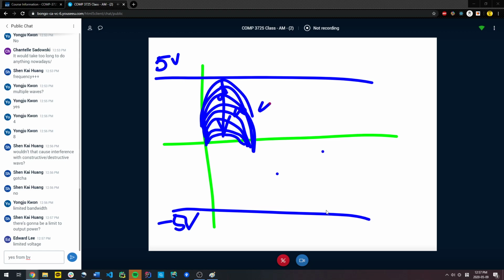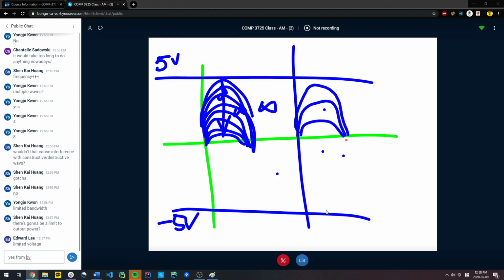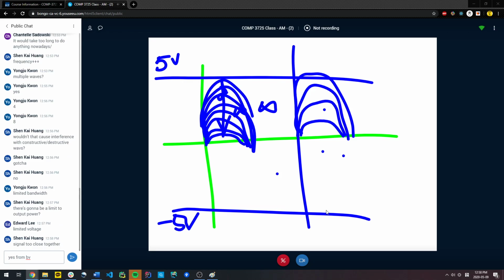But what is the issue if I have an infinite number of waves in there? Versus if I have a system, and I'm just drawing another sine wave here, I can have 1 wave here, 2 waves here, 3 waves here, and then 4 waves here. What is the difference? The error margin of the first one is way more than the second one? Exactly. Signals are too close to each other, which means at some point, even if you perfectly transmit at this level, you're not going to receive that because there's going to be some perturbation. So effectively that is why I cannot get infinite data rates, at least not yet.